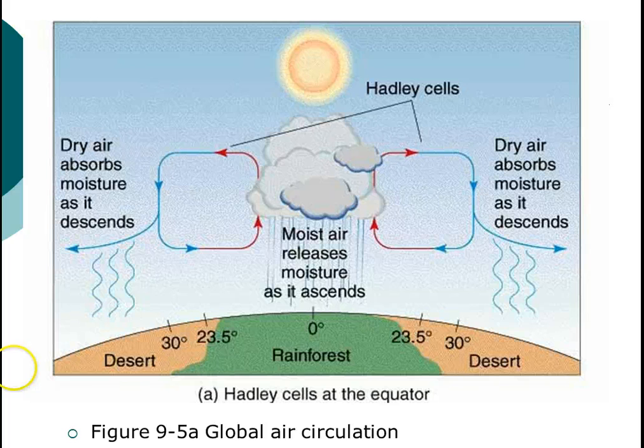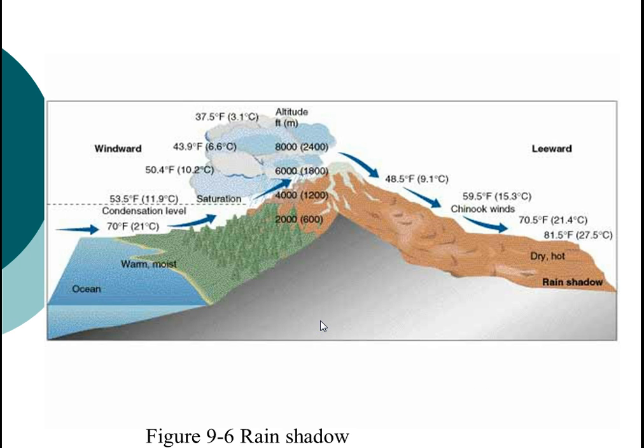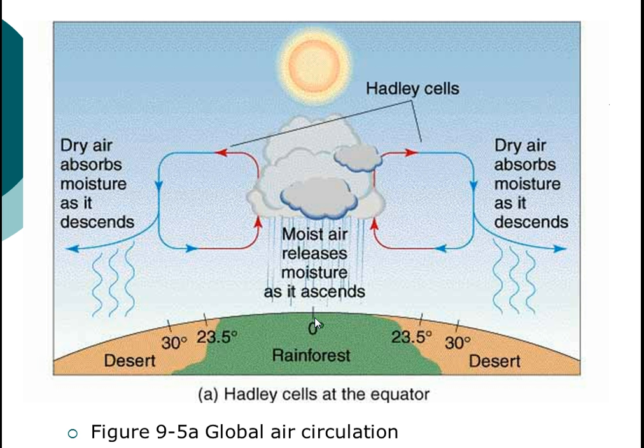What we see with this convection cell is that when we are near the equator, we have our hottest temperatures, and remember also that as we go up in the atmosphere, the temperature is going to decrease. So the hottest place on the earth really should be right here at 0 degrees and near the surface. Now, as the air heats up, we know from our chemistry class that it's going to